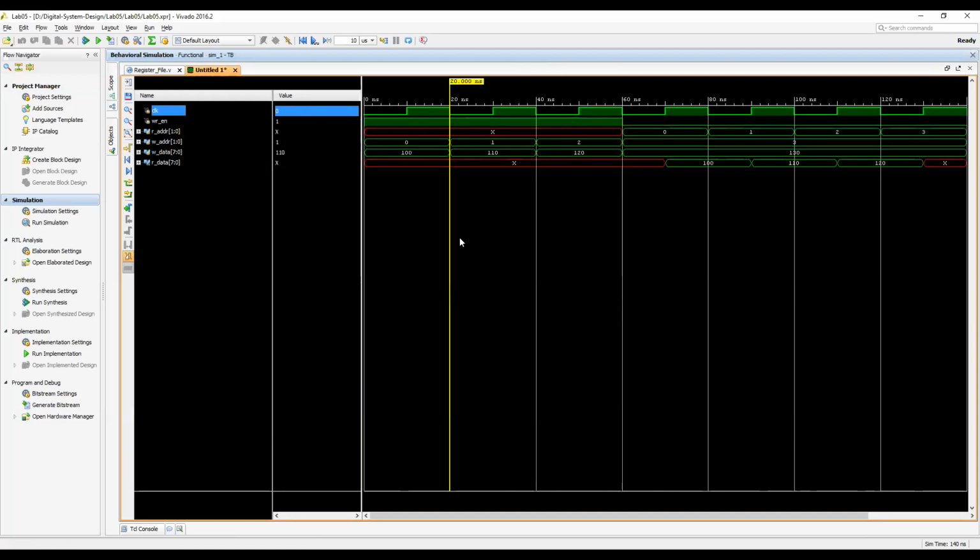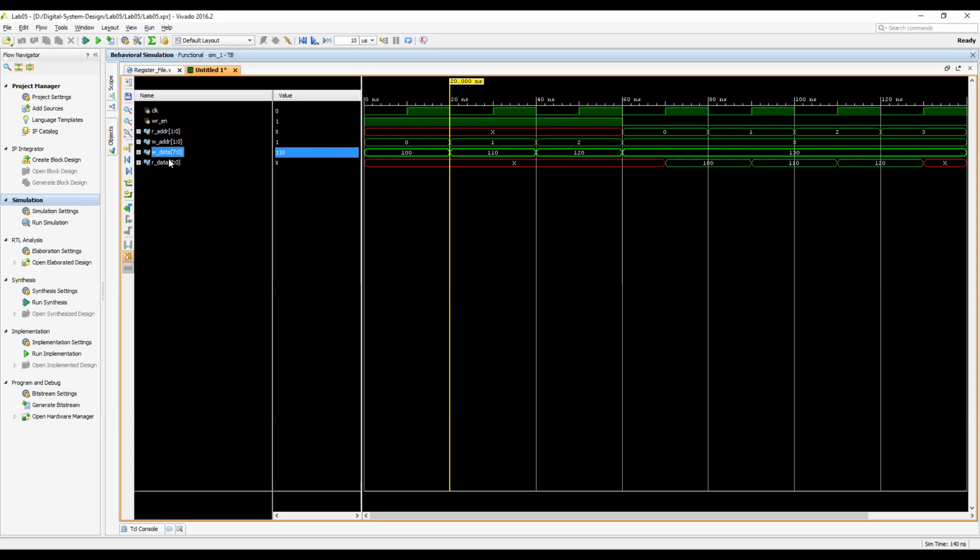Okay. So have a look. This is the write enable. For the first few clock cycles, the write enable was activated. When the write enable was activated, we gave some addresses. This is the address, and this is the data. So the first address, this data we gave, second address, this data, third address. These were the values we wrote inside the memory: 100 at address 0, 110 at address 1, 120 at the second address, and at the third address we basically wrote 130.